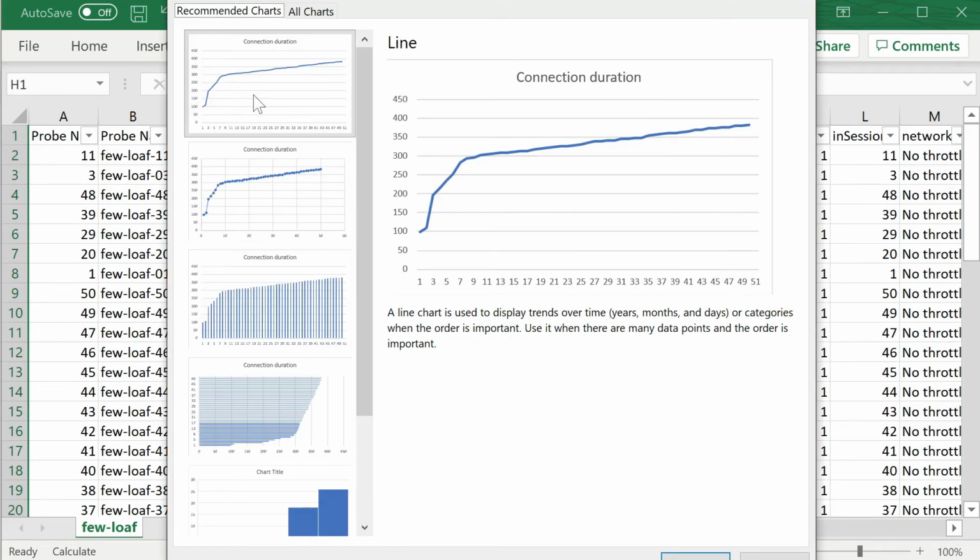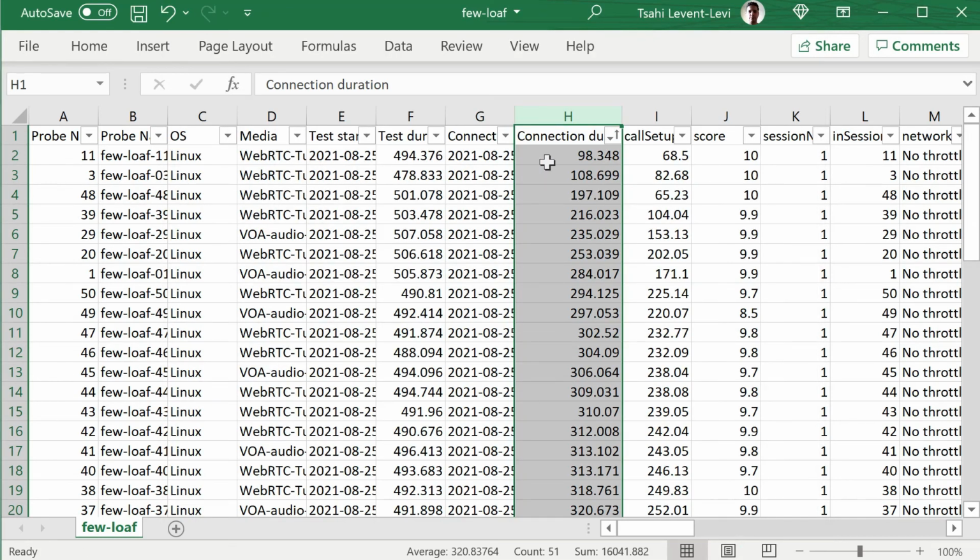So now what we can see is the line here, the linear progression here, which looks good. That's because these probes join every 2 seconds or so. They are staggered. But then in the beginning here, the sorted ones, we see a few that are just outliers that seem to be broken. They stopped before we could continue. And this one, this is the call end, the first one here. So the first one ended the session after only